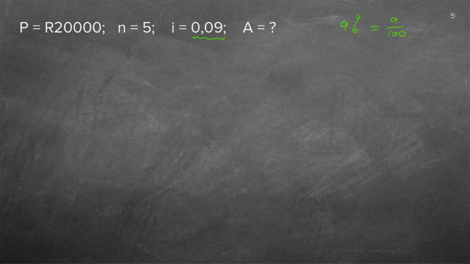So we write down the formula. A is equal to P times (1 plus i) to the power n. Good. All on one line is very simple and straightforward. Remember, when you do a substitution sum, we rather prefer to put all the values in empty brackets. So because I want the A, I'm just going to leave the A there. The P was 20,000. 1 plus the I was 0.09. And the N was 5.